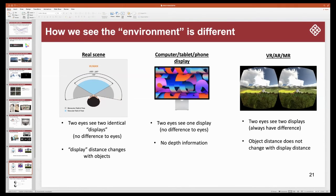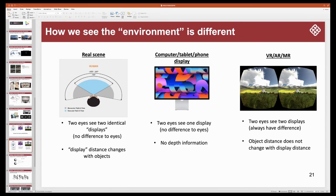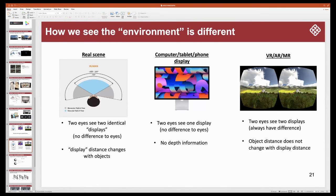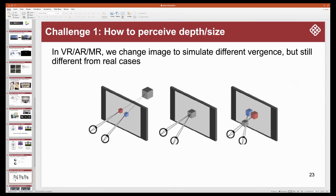The second thing is that the object distance does not change with the display distance. Because you put on the headset, the display is fixed at that distance. But in order to show the depth, or the 3D information, we do something to make users perceive different distances. The technique used in the headset is that the size or the position inside the two images will be slightly different. Now, if we want to make the object be perceived as very far from you, these two images on the displays